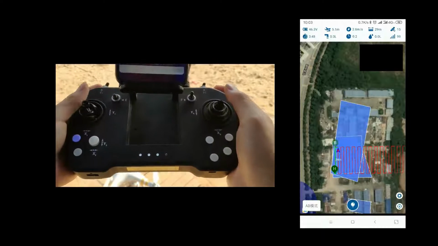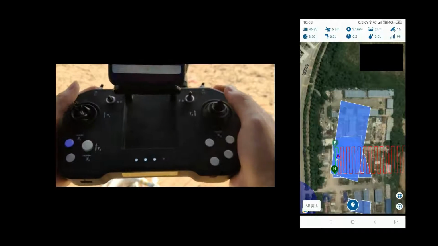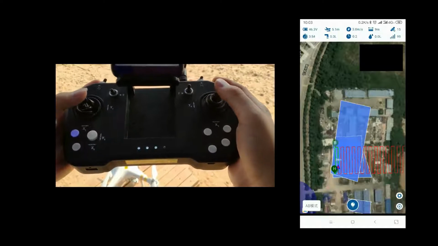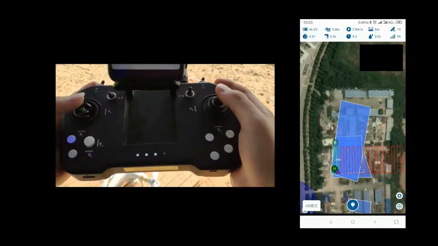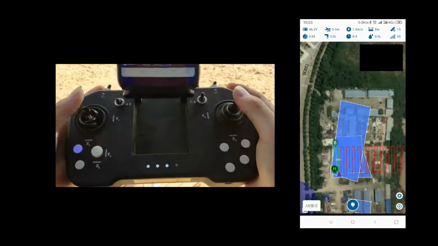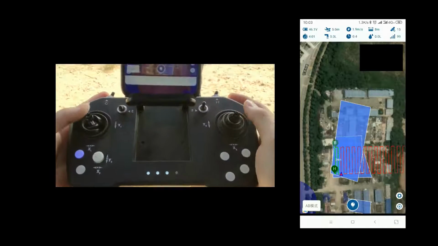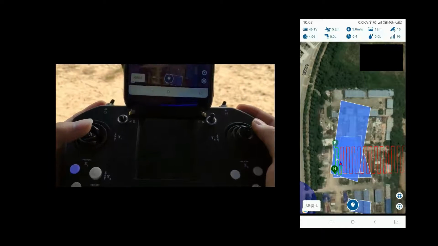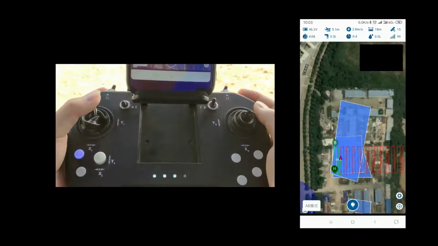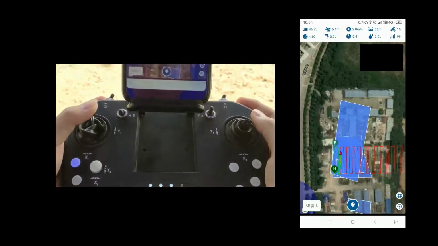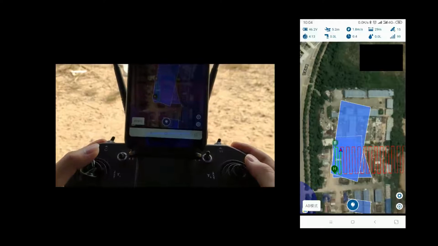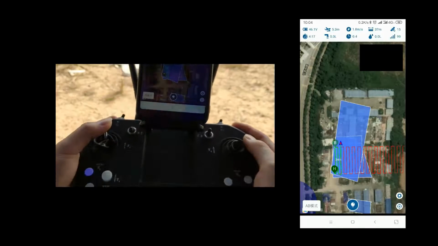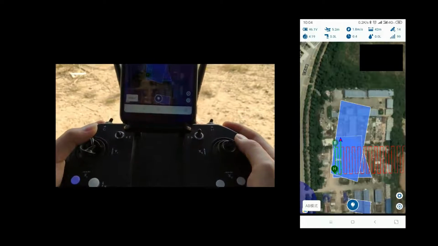When we actually do the extending, we push the stick forward, just like when the drone wants to do the switch, that is the swap, but we do not allow it. If we push forward before the drone does the track switching, the drone will reduce its flying speed, and even if it passes the switching point, it will keep going until you release the stick. And now if we release it,